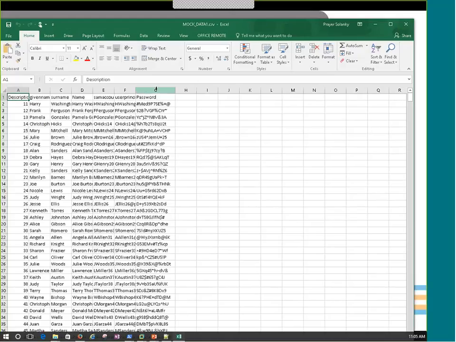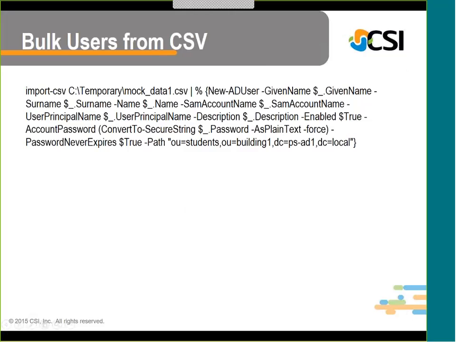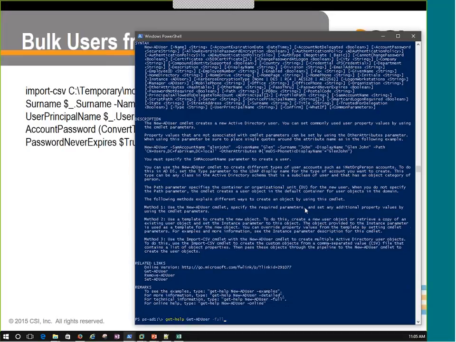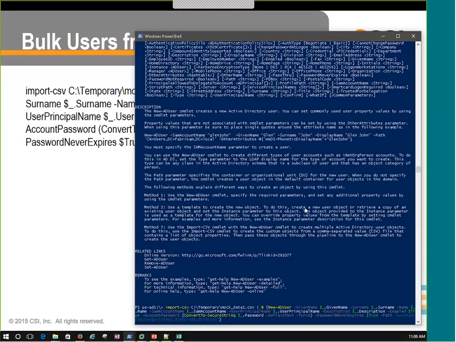Again, I don't think it's going to meet all the password requirements, which is okay. Also, this is a random name generator, so some of these names will actually overlap, and you'll see the errors there. I'm going to use that same command, except specify a different file and a different OU. I did test this out before to make sure that it would work. So I'm using mock data 1, piping it into New-ADUser, and this time I'm going to put it into that second building OU. And if I hit enter